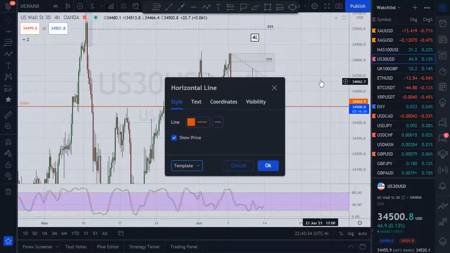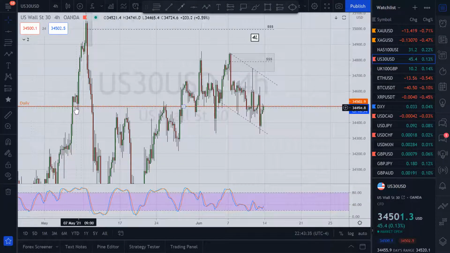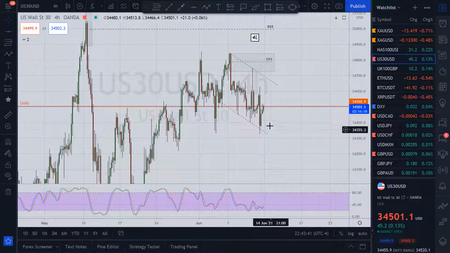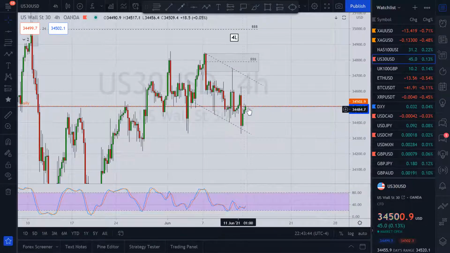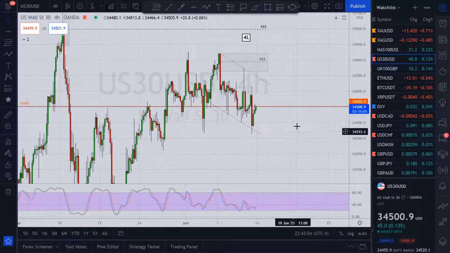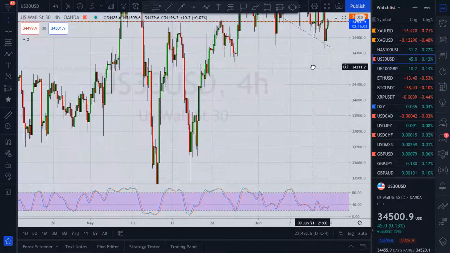The daily area of support, resistance here, resistance there, support. This is a pretty nice level. So if price gives me bearish price action here, my bias will be bearish. But right now it's bullish. Right now it's bullish